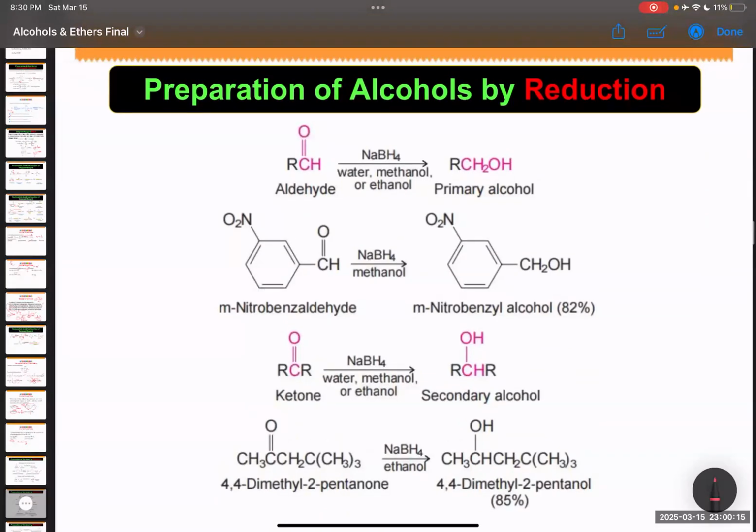But there are other types of reductions which are not using a catalyst, which are using H minus, hydride donors. Okay, like sodium borohydride, lithium aluminum hydride, and they